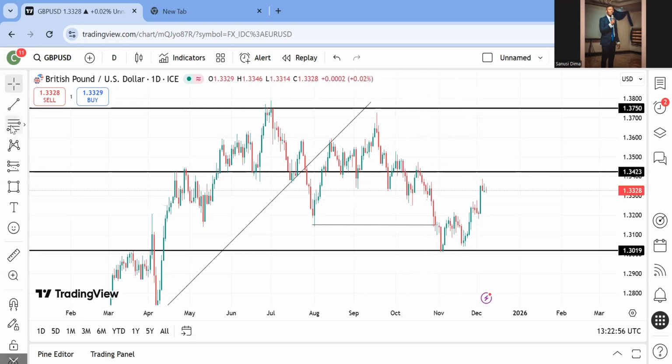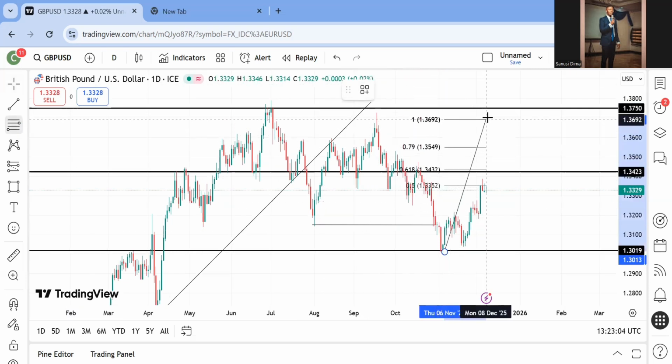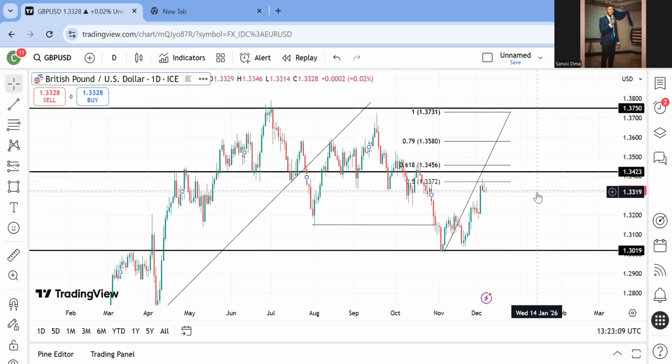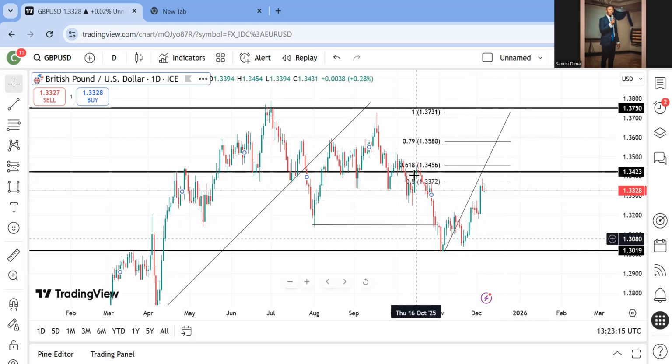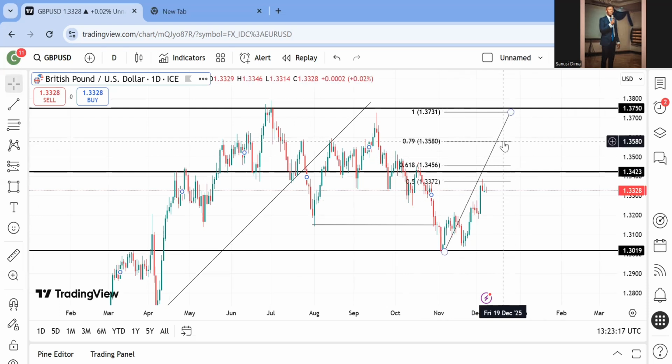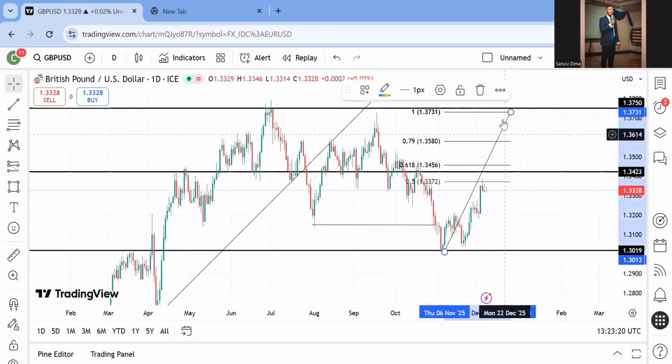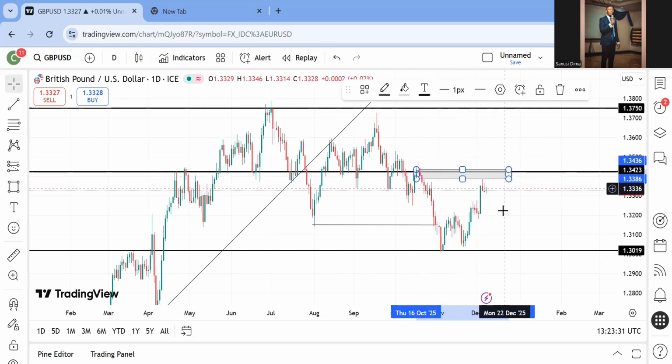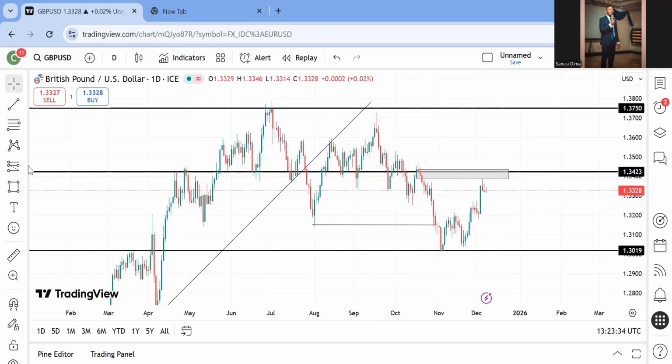So if I also pick my Fibonacci to check, from this point all the way to this place, the Fibonacci is also telling me that price is currently at the 50% Fibonacci level. So with this, what I expect price to do now is to sell from here, to sell from where it is below